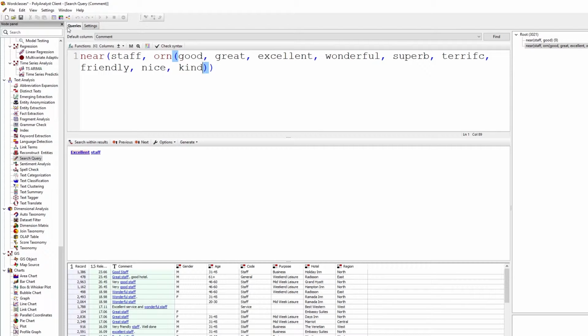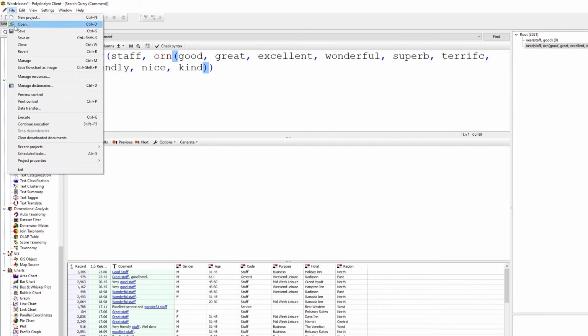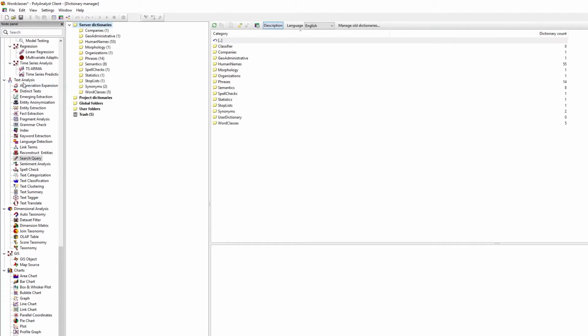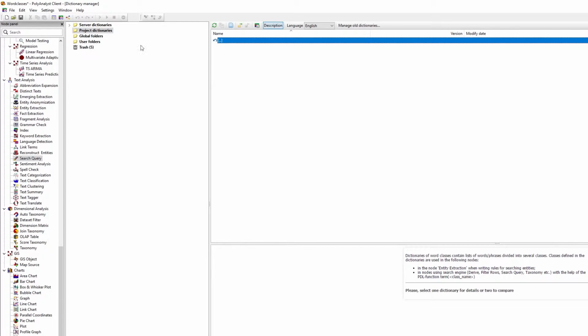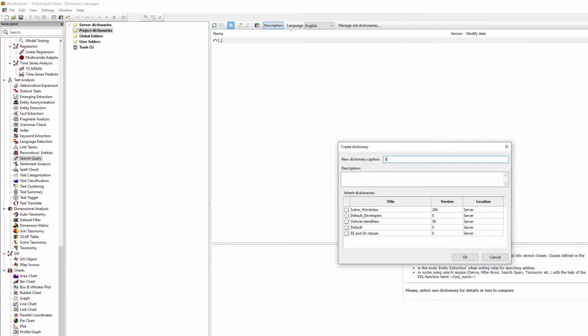So a word class can be accessed in the dictionary section. So manage dictionaries or file manage dictionaries. And I can add this to my server or my project, and I'm going to add this to my project. I'll go to Word Class Dictionaries under my project folder, and I'll create a new one. And I'll call it example